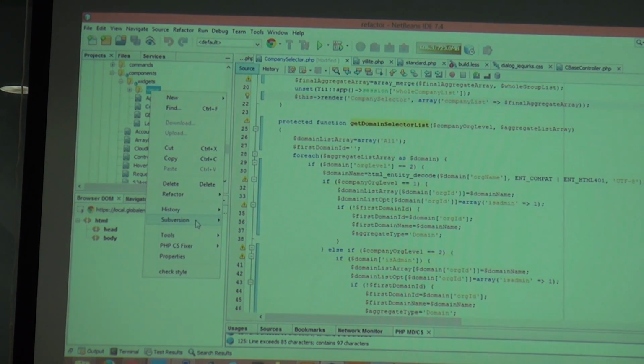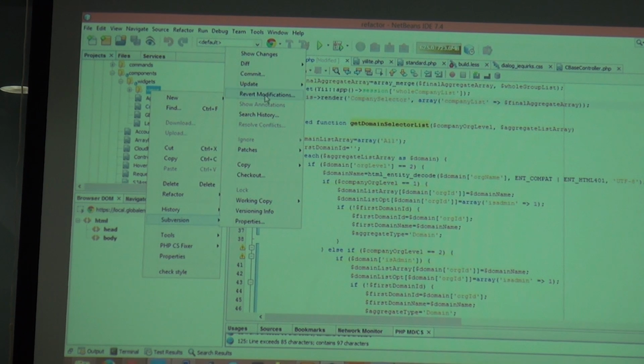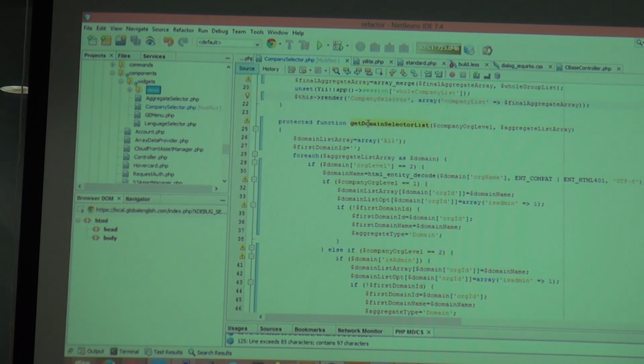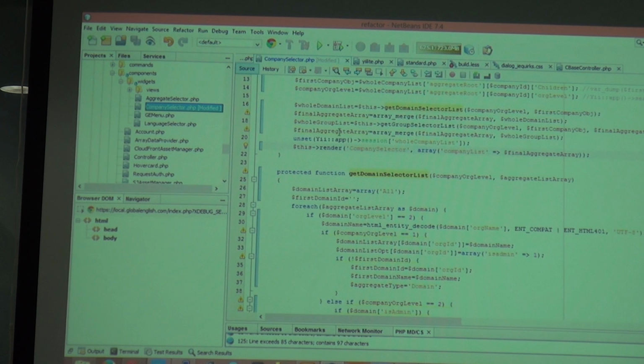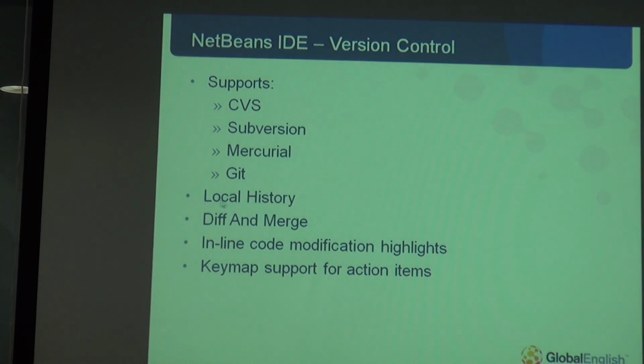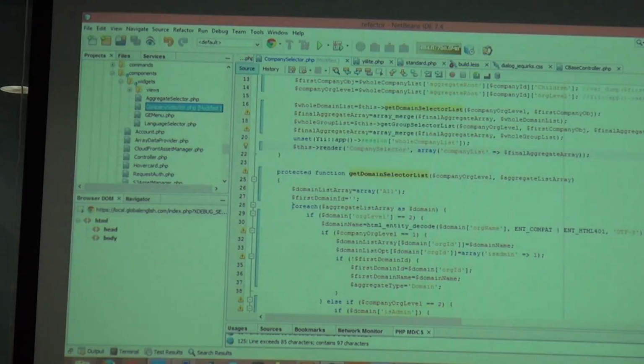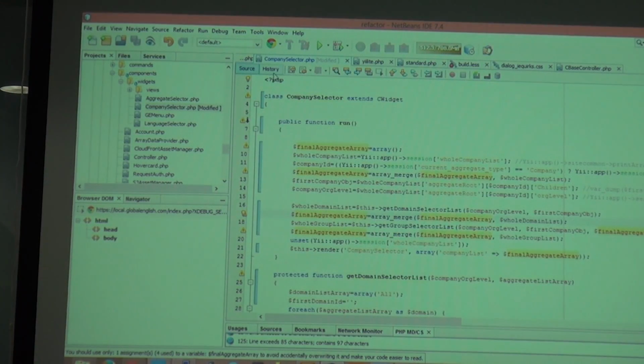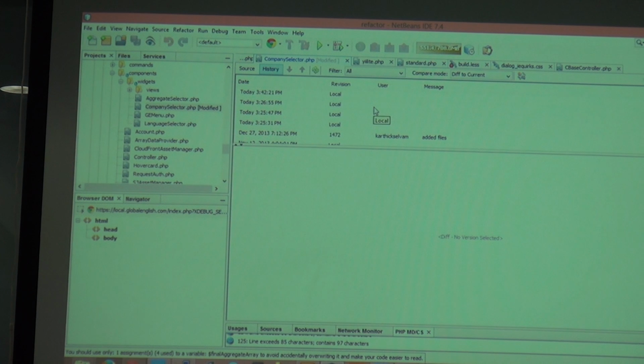From the folder also you can access this. You can revert modifications and do anything. These are all the features allowed by your version control, and the other main feature is local history. What local history does is, every time I save a file locally, it will take a snapshot. So apart from your version control, there is another additional